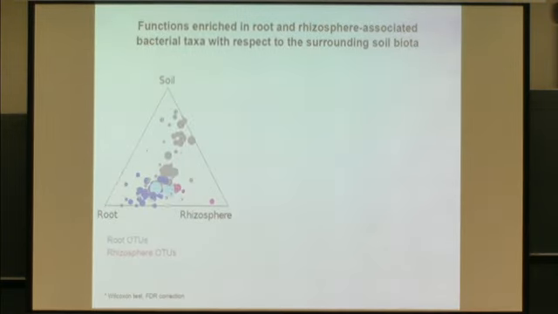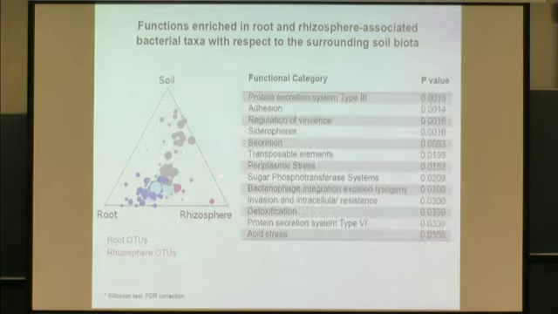Moving on a little bit, I was mentioning that our initial goal for doing shotgun sequencing of the rhizosphere was to try to understand a little bit more about the functional potential of these communities. We use the fact that in the rhizosphere there are already some of these root-associated OTUs which are on the way to colonize the surface and the interior of the root, and we compare them with the functions coded by the soil-associated microbial taxa. We found that there are a number of functions or functional categories which are significantly enriched in these root-associated taxa with respect to the soil